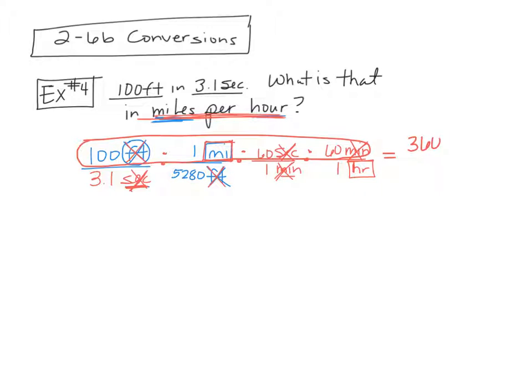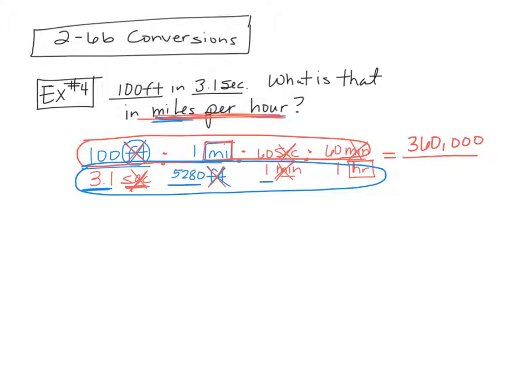On bottom, you're going to multiply across also. So 3.1 times 5,280 times 1 times 1. You really don't have to do the ones because it's not going to change anything. If you just do 3.1 times 5,280, plug that into your calculator, you get this number,